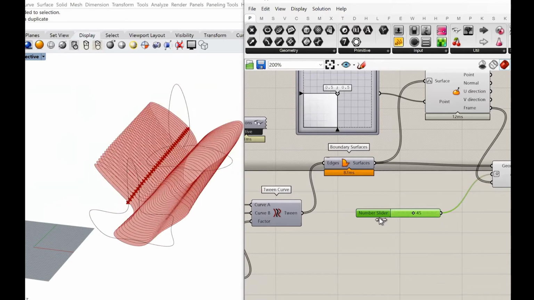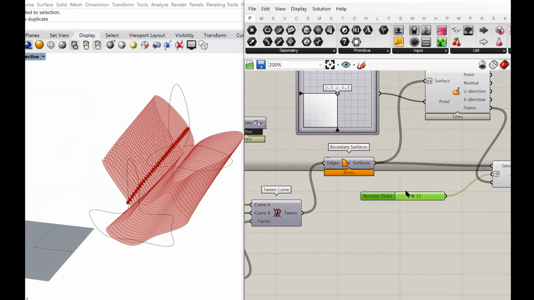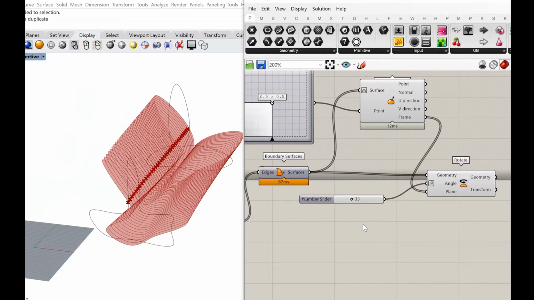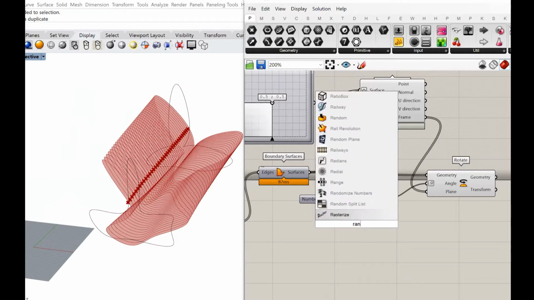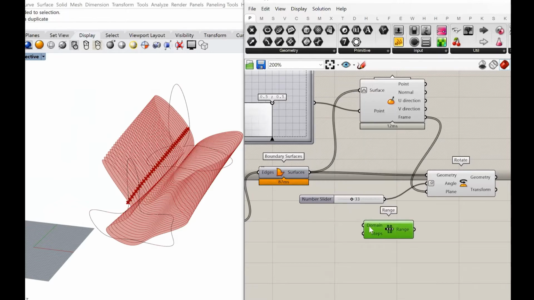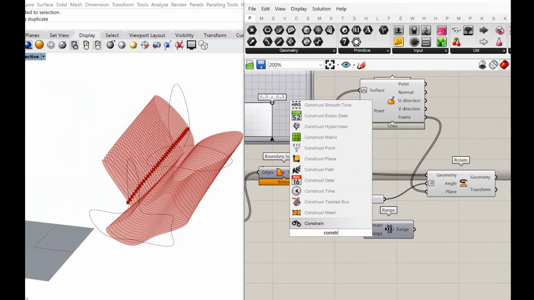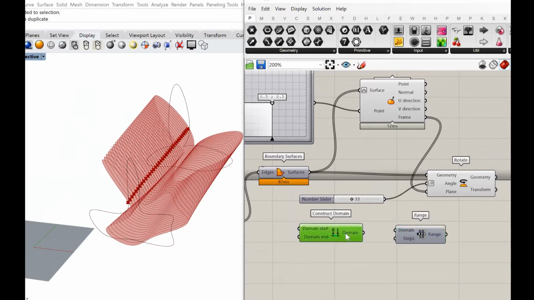Now, if I want this to be a variable angle, I can use a series or a range depending on what I want to use. Let's say I pick up a range and then control that, it goes from 0 to 180.